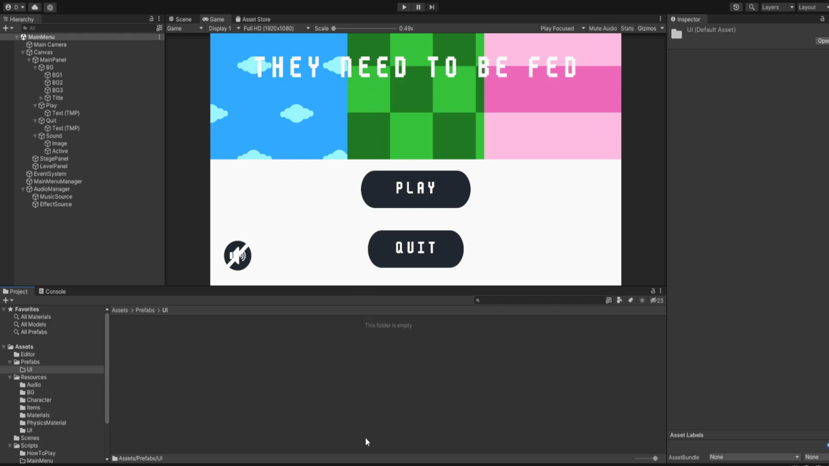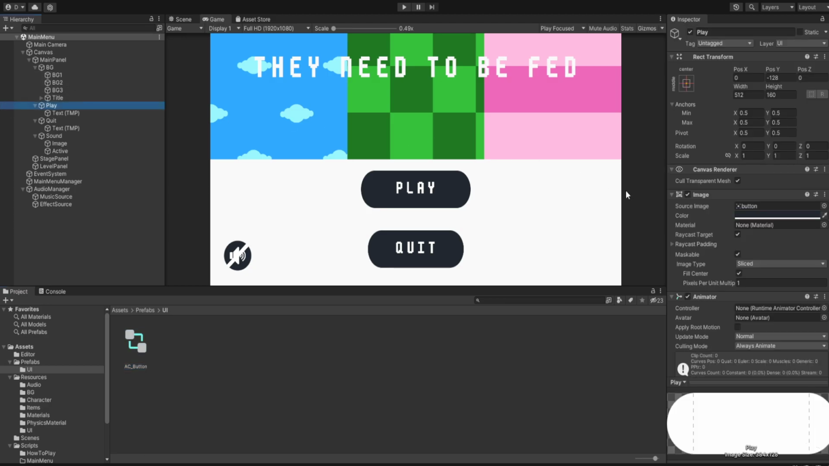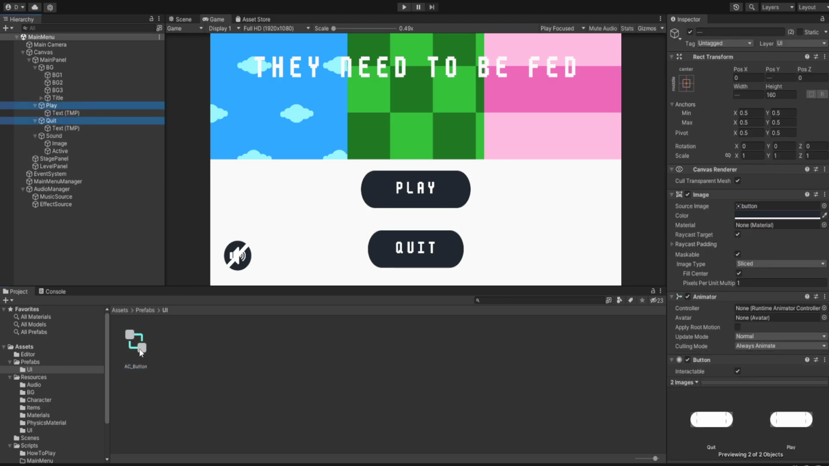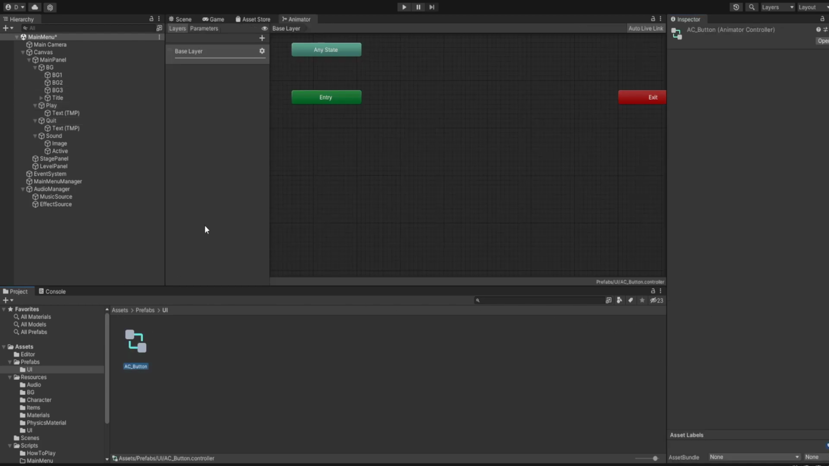So where is it? Animator. So animator controller and a slash button, and we'll attach it to our play and our click, and let's open it up. And it doesn't have anything. We need to also have the animation window,